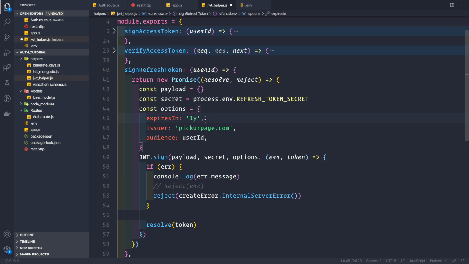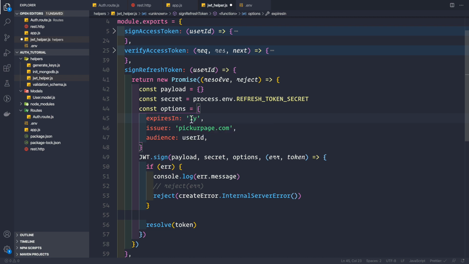I'm providing this refresh token with such a long time because as soon as the access token is expired, we will use this refresh token to generate a new pair of access and refresh tokens. Suppose the client doesn't log back into your application for a month or so. When he comes back and makes a request to the API and sees that the access token is invalid, he can use this refresh token, which is valid for 1 year, to generate a new pair of access and refresh tokens.